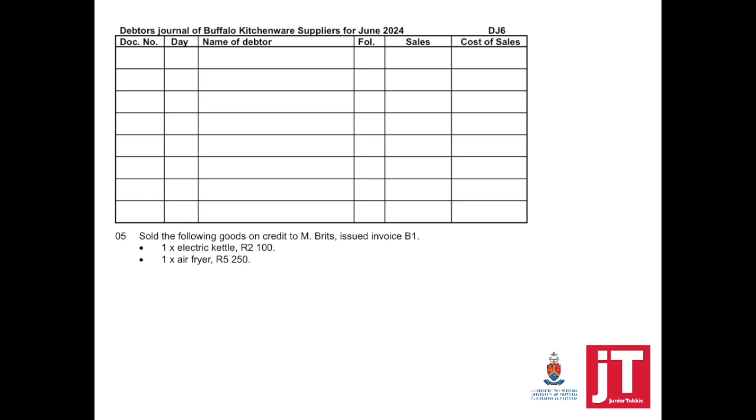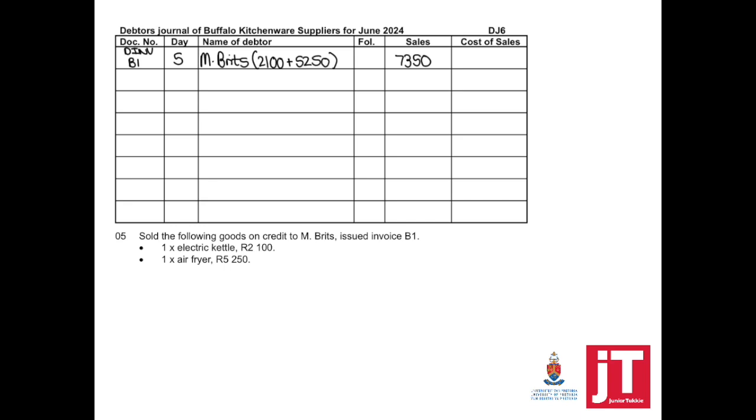Day 5, sold the following goods on credit to M. Brits, issued invoice B1. The only source document that will appear in a Debtors Journal is duplicate invoice. So you can only write it once, and then we write the number B1. This transaction happened on day 5. Who purchased from us? M. Brits. For how much? 2,100 plus 5,250. So the total sales amount is